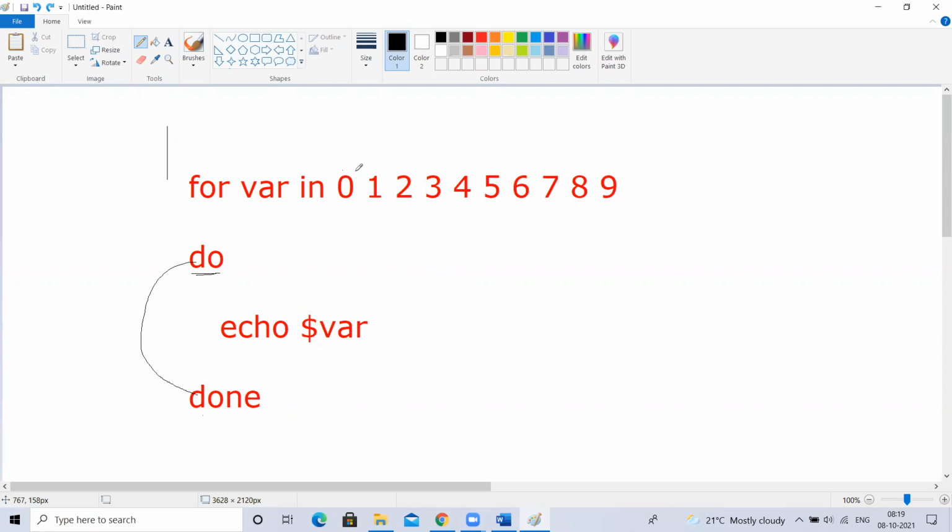It doesn't mean I have to write it out to repeat 10 times. Don't remember these 1, 2, 3 values, just think this is one position. So if I give till 4, it will repeat 5 times, 0 to 4. First time when it is doing the action between do and done, this variable contains 0. What we are doing between do and done is $var, which means we are printing this variable. So first time the variable contains 0, it will print this. Next time it repeats, the second position value comes into this variable and it prints it. Next, the next value comes into the variable and it prints it, till the end. Understood, guys?